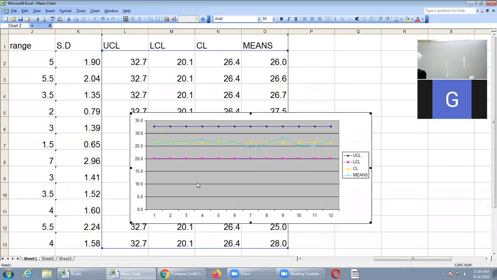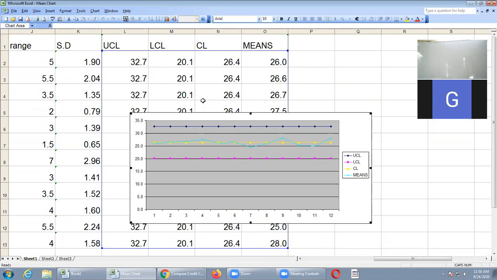Whatever may be, only the numerical data will change in the examination, whether n equal to 5, n equal to 4, or n equal to 3. The procedure is important. First you have to calculate means, next ranges, next standard deviations, and then UCL, LCL, CL, and mean values. Suppose only the mean chart is asked, you require only mean and range, or mean and standard deviation. Construct mean chart means you can calculate mean and range values, or mean and standard deviations. Suppose in the examination construct mean and range is given, then S is not required. Directly by using mean and range you will calculate the mean chart as well as the range chart.